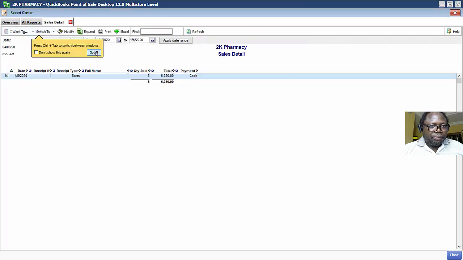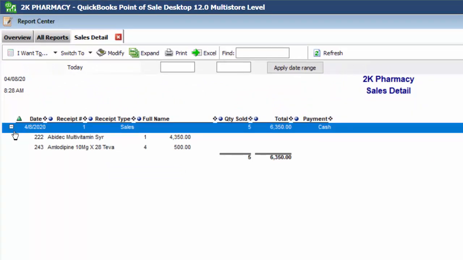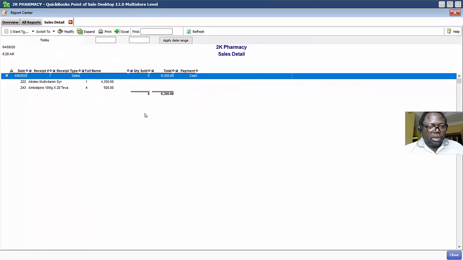If I say let me look at today's sales and I refresh, it's here, right? So I can expand it and see that it is Abidec and Amlodipine, right? Now we know that this sale is reading 6,350. Now there are two ways. If these entire items are being returned, for instance, if this receipt number is returned, everything inside the receipt is returned,